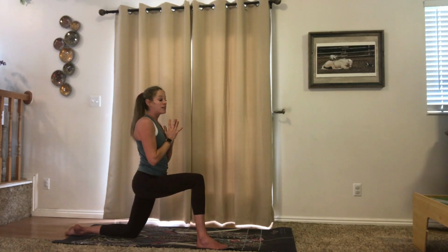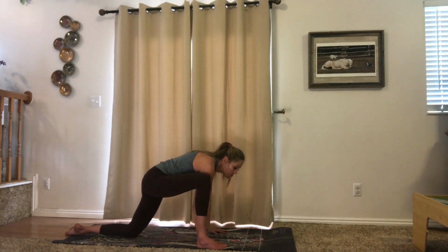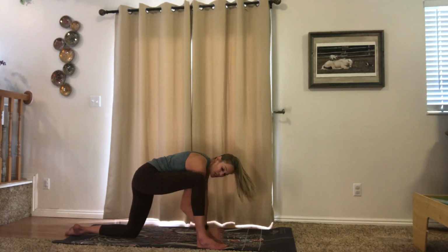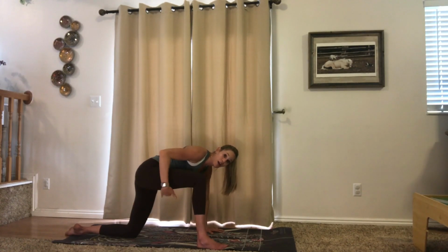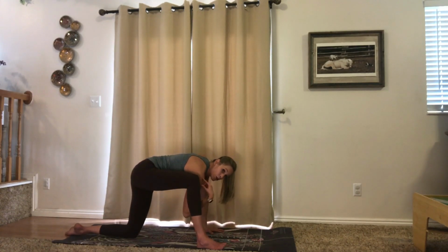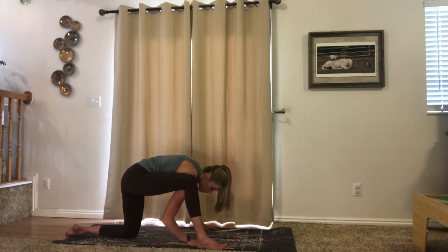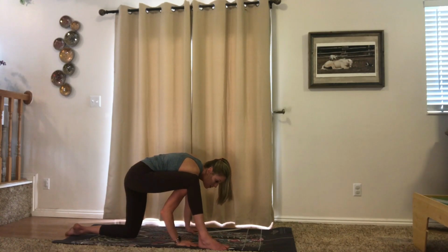And we're gonna try a balance, side crow vinyasa. Hands are gonna come inside the leg. You're gonna bend those elbows until you can rest this right knee, or even better, your right thigh right here, your inner thigh, on the outside of your tricep, or close to the back of your shoulders. So you can keep walking your hands underneath you. Keep the breathing steady, and then as you bend the elbows, your chin's gonna come closer to the mat than